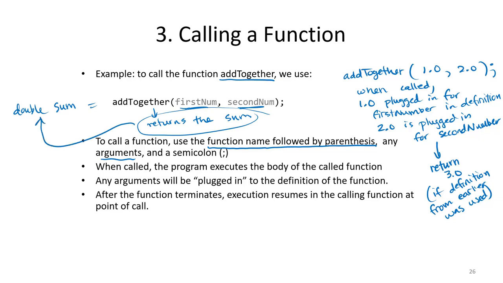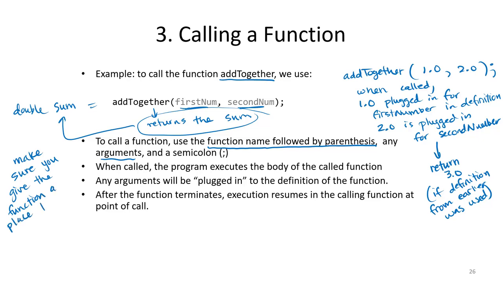So you want to make sure that you give the function a place to return the output value. So for example, in this case, I could say double sum is add together, and then we could store the sum in a variable,